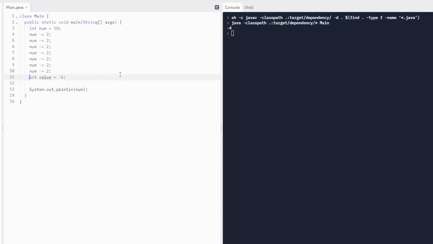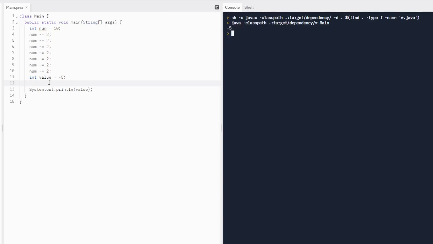So if we do system.out.println value, it's only giving me an underline because I haven't done anything with the variable. It's telling me it's useless and not being used, and I don't need to have it. So integer value equals -5. When we print this out, it's going to register it as a negative, and it's going to print out